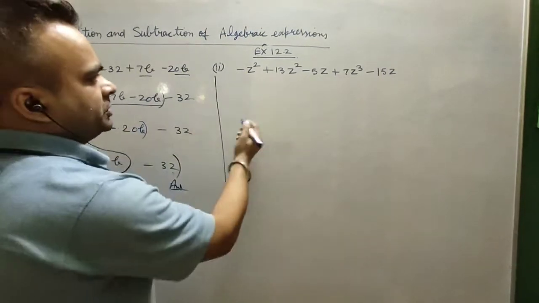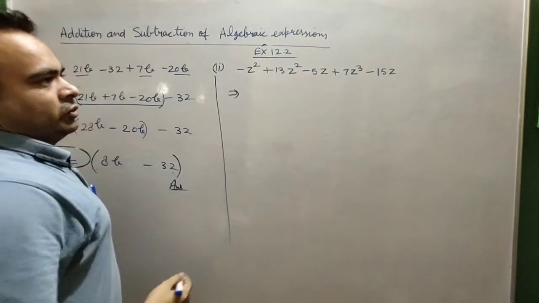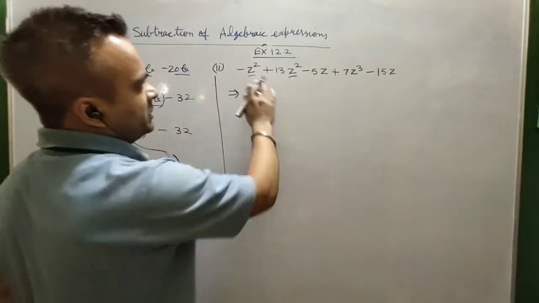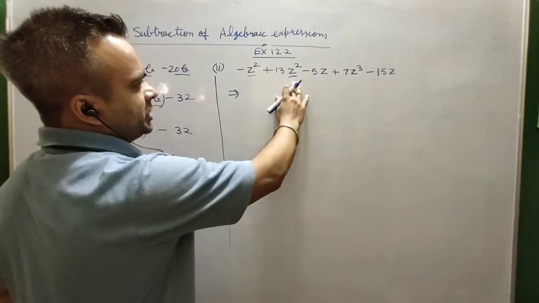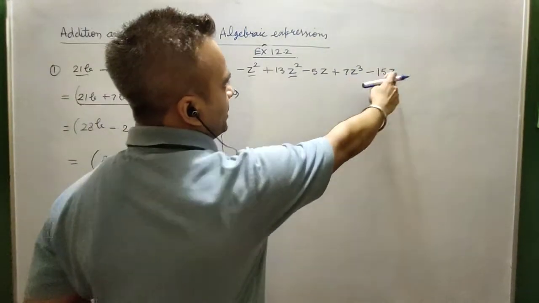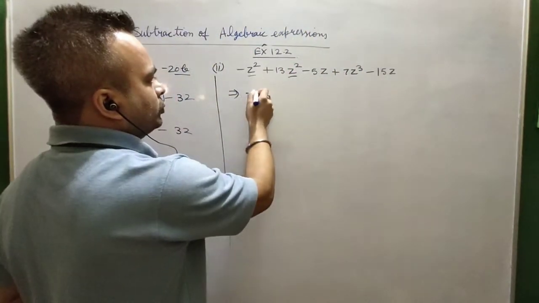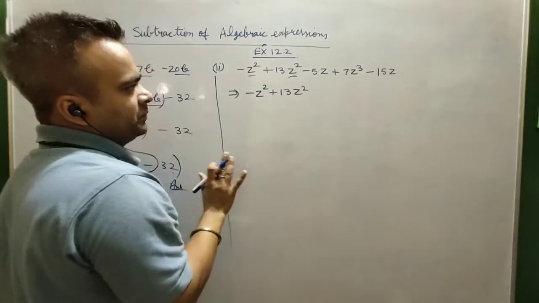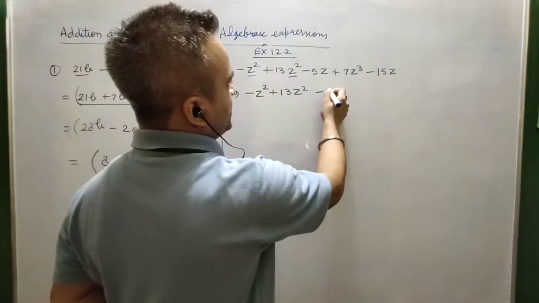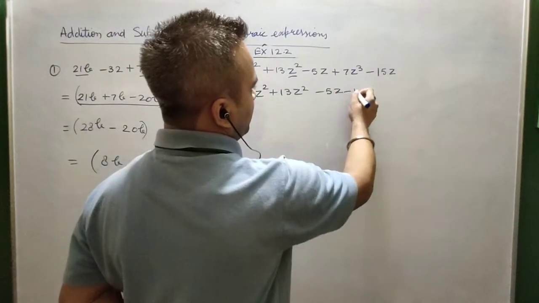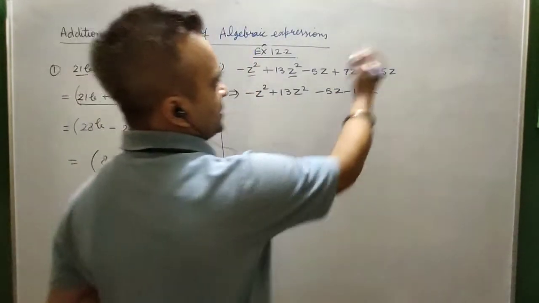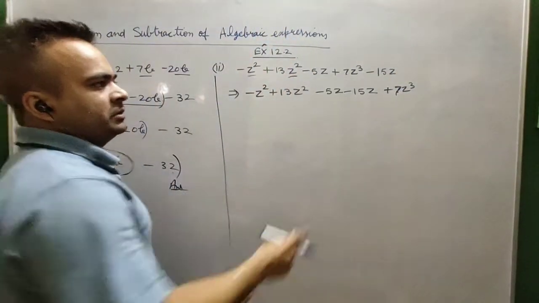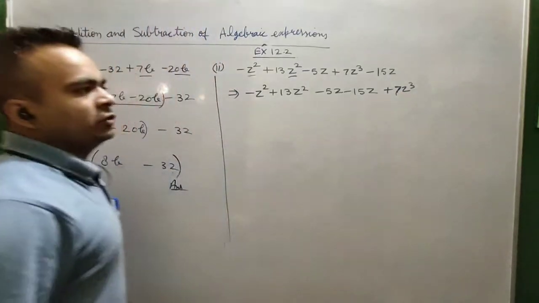If you see this question, now you can see it's a z square family. It is also a z square family, but there are two terms related to z square. It is the z family, it is the z cube family, and it is the z family. So first of all, we will write all the families together. You can see here they both are together, but this z family, one z is here, and we can write this one. And z cube is only a single element, so there are no like terms for this z cube, so we will not touch it.